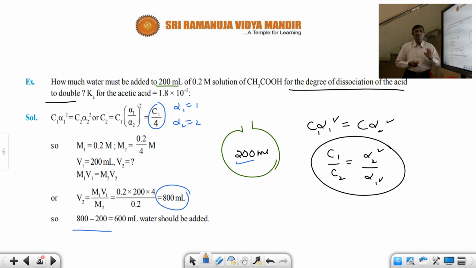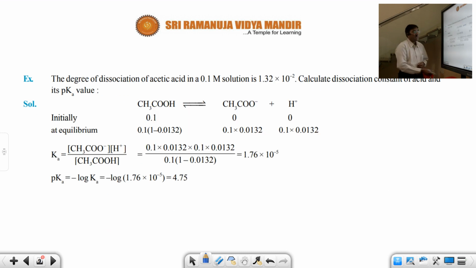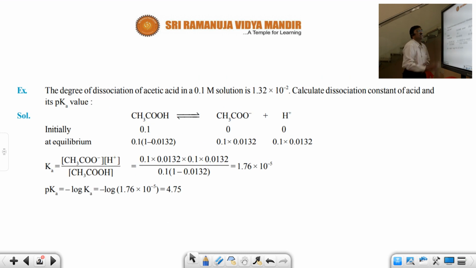So students, if you observe, there are different natures of problems, and different unknowns are there. When you know all the models associated with problem solving, you can definitely, effortlessly, take up any question in ionic equilibrium. Now let us have a look at the next question. The next question is as follows.